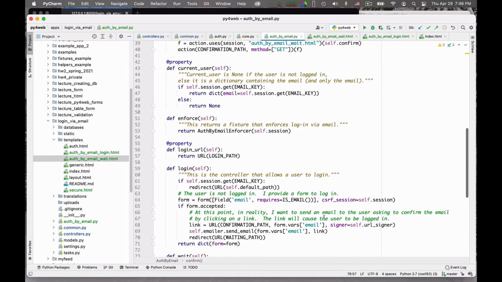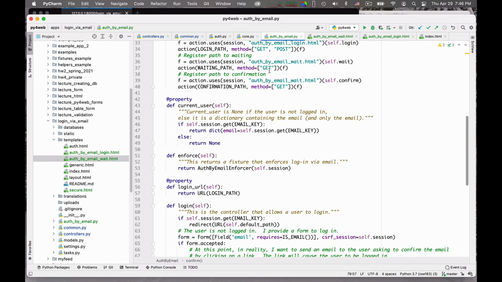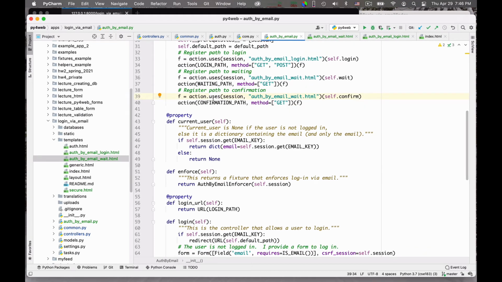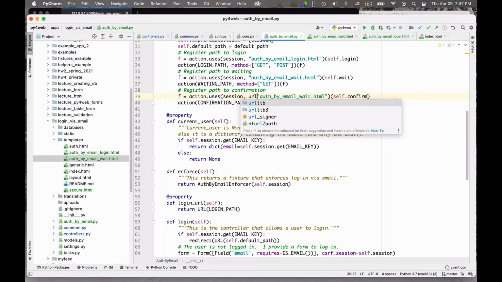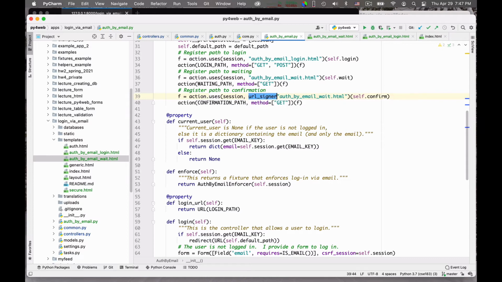So how do we check that the link is valid? Well, I forgot to do it here. But here, this is the action uses, and you know how to verify a URL. So we have to say essentially URL signer dot verify. This is the way in which we will check that this call to confirm actually has a correct signature.